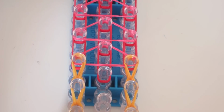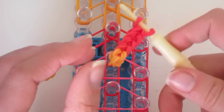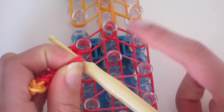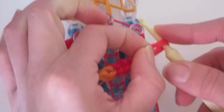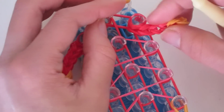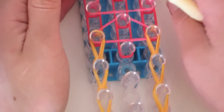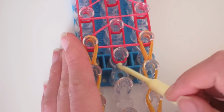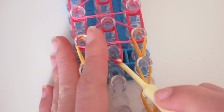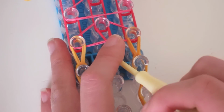Okay, so I have now finished hooking the legs, and we are going to start on the body. So I'm going to go ahead, stretch this arm out here, and we're going to place this on this pin right here. So go ahead like that. And now we can continue the hooking process starting at the bottom here. So we're going to first hook this band right here, but we're going to twist it as we hook it. So pick it up with your hook, and you're going to twist your